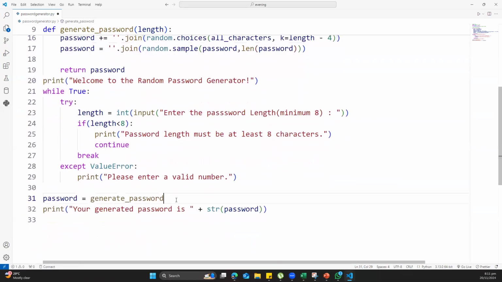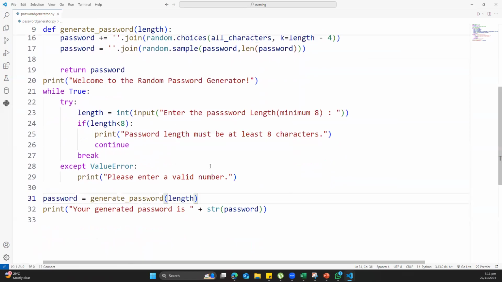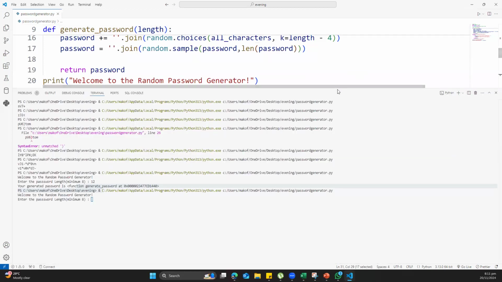And here, I forgot to put a bracket here and put the length in it so that the computer will know the length of the password that must be generated. So I made a mistake here. Remember the declaration of the function, there is supposed to be a parameter. I forgot to bring that. So when I run it,